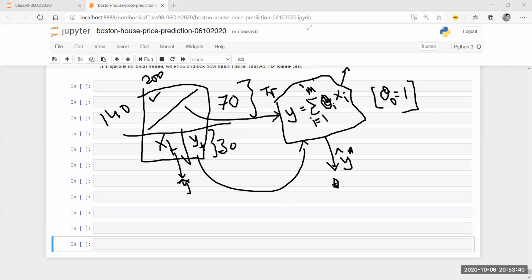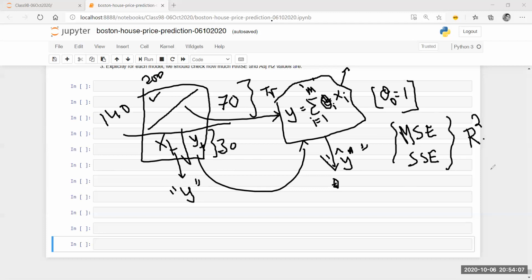So I have the y. So this will not be y hat. Let me just remove this, and I'm going to call this y. So I have the actual values and I have the predicted values. I can simply compare them and try to find out my metrics, which is like mean squared error, right? Sum of squared error, and so on, right? Now, one of the most important things which we saw is the R square or the adjusted R square score. So that is what we are going to find out now. We will look into the sklearn documentation first, and we'll find out how we can calculate the MSE or RMSE, and then we are going to find out the library, and then we are going to execute it, right?